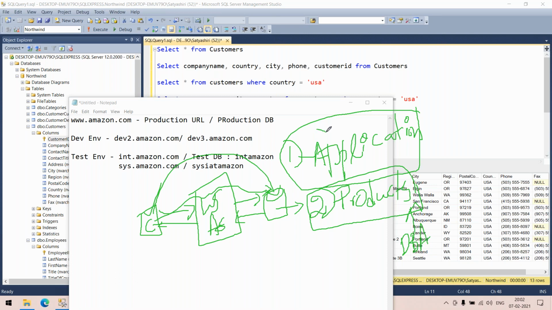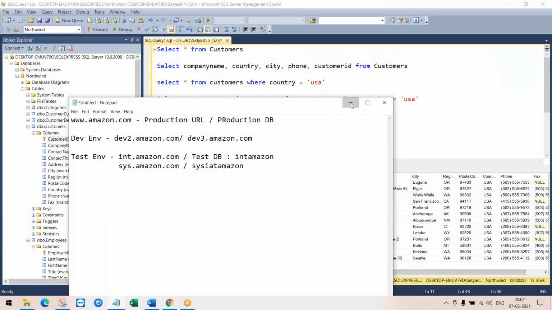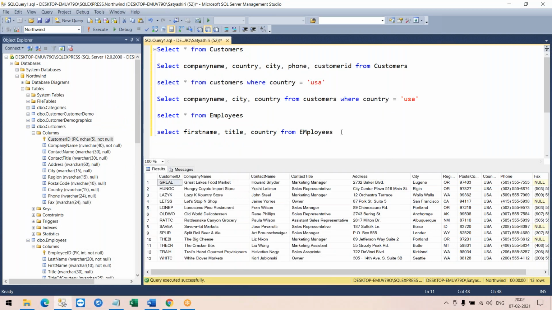So the main source of data is the application. Your application is inserting all this data. Some data, like employees information, will also be created through an application, maybe a different one, or your DBA loads it. Do remember, the main source of data coming inside your database is from the application.